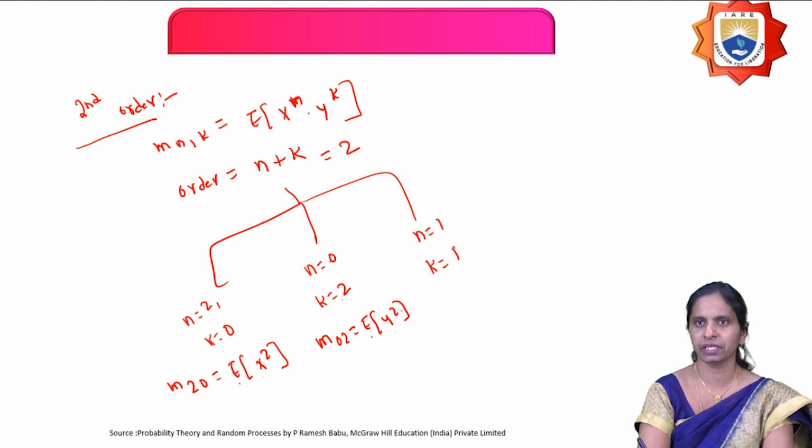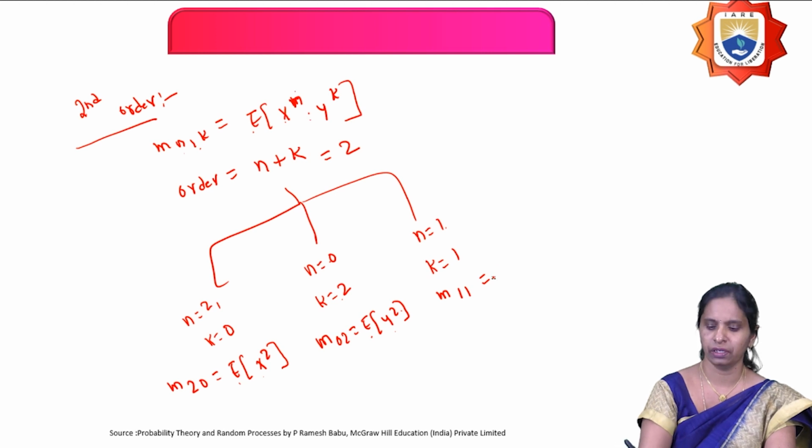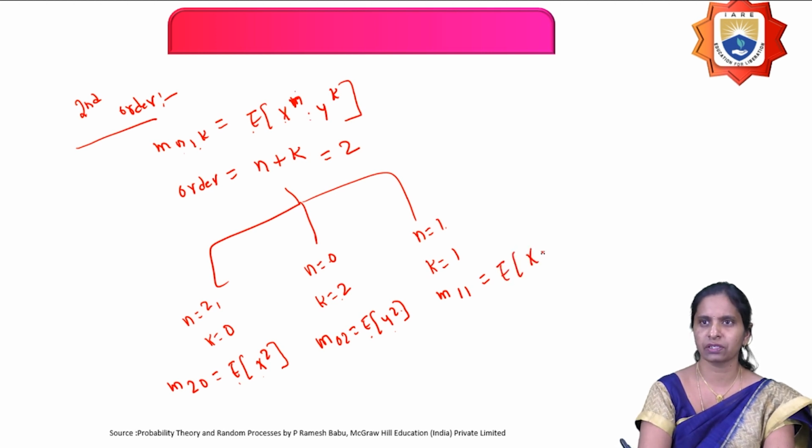And what is the third combination here? n is 1 and k equals 1, nothing but m11. Then expectation of x power 1 into y power 1 is nothing but expectation of xy. So this is called as